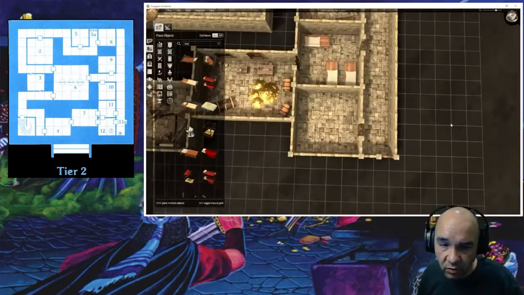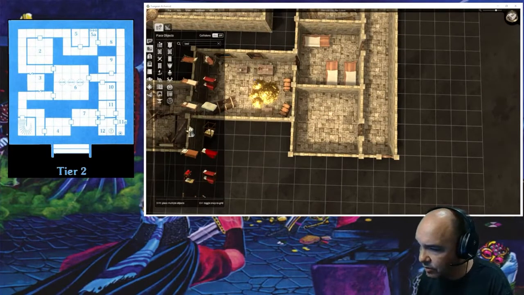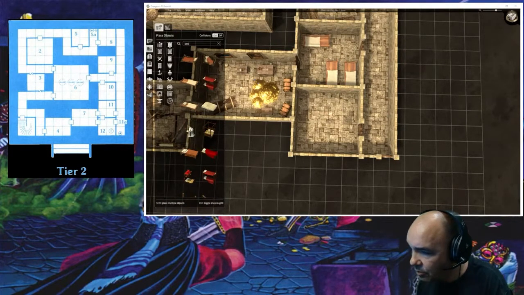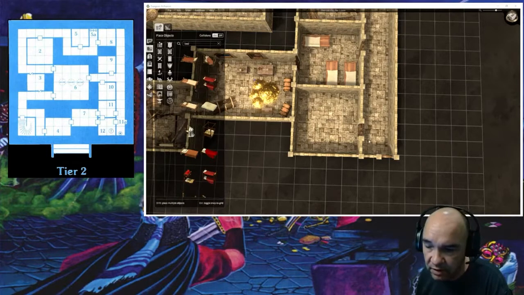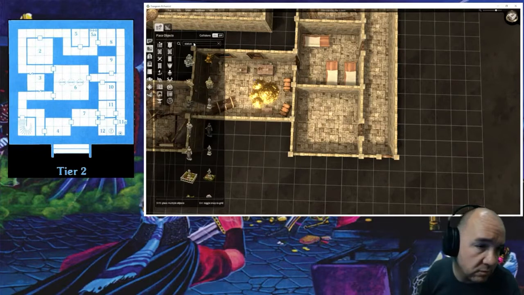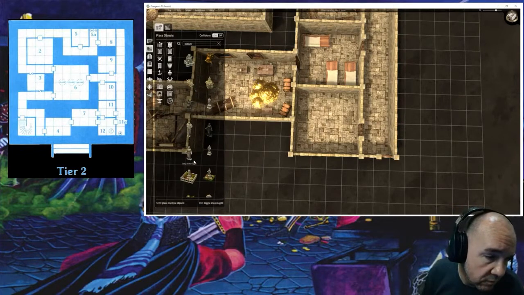Okay, so let's go then with the room right below that one. It's number 12. Oh, there's a statue outside, like right here. Okay, let's just put a statue there real quick. And let's go with...